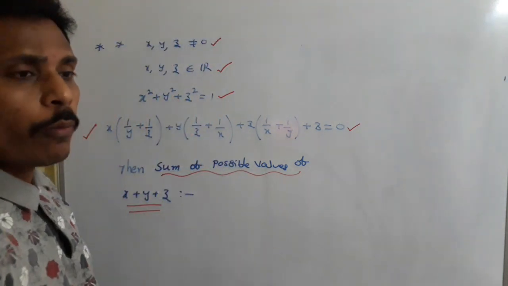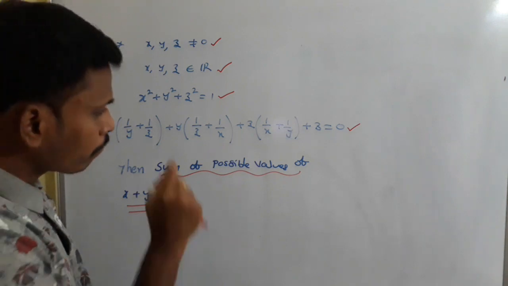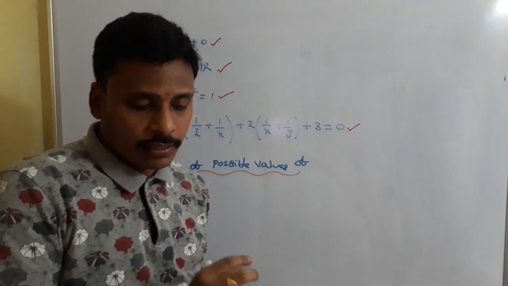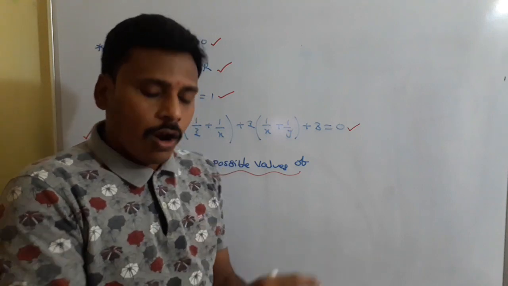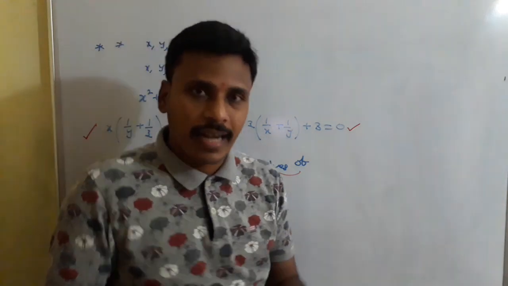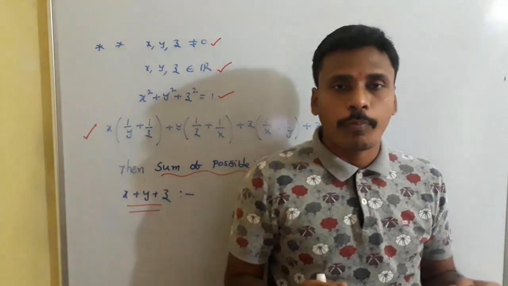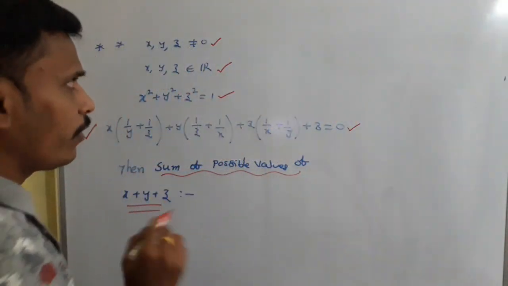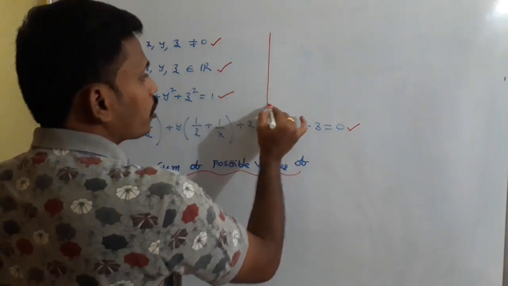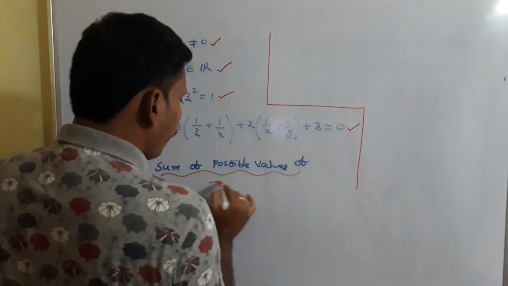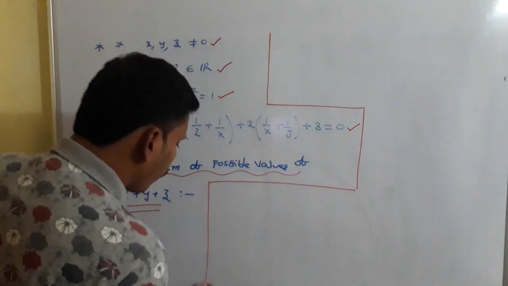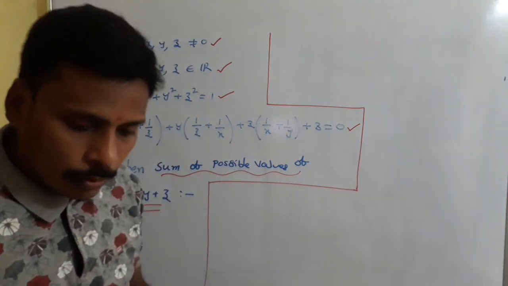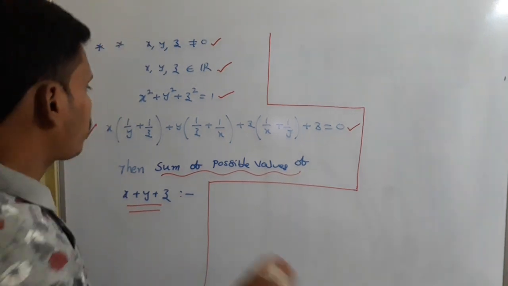To solve this problem, we need certain special formulas from the algebraic identities. We already discussed all the formula list in our regular class. I mentioned 20 points as the formula list, and in those points I mentioned one that I will use now. First of all, just look at the problem. If you are perfect in utilizing the formulas of algebraic identities, then it is very easy to solve the problem. Just have a look first.